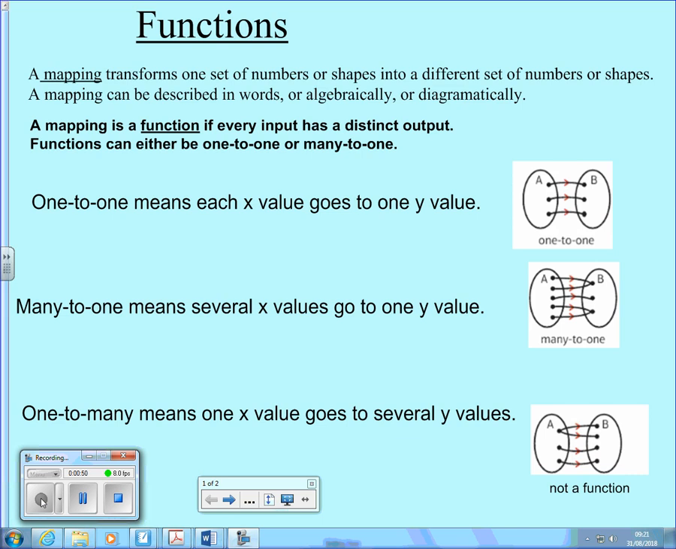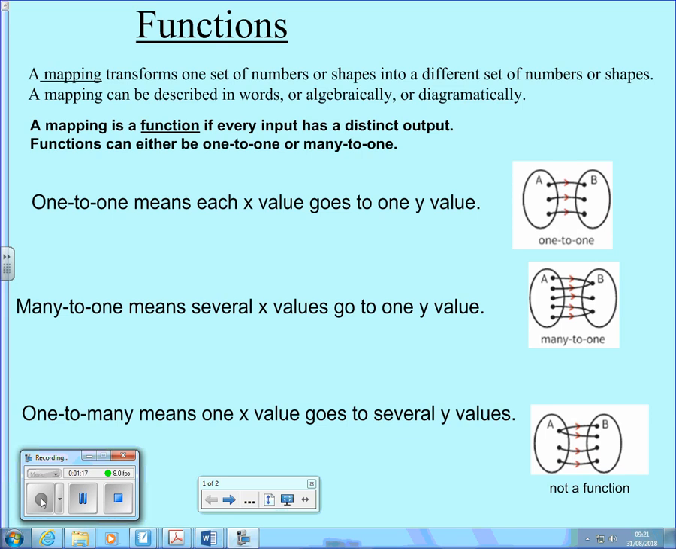This is an example of a function because every number in the first set has exactly one answer in the second set. The second diagram shows a many-to-one mapping. Several x values go to one y value. This is still an example of a function because every x value, every number in the set A, has exactly